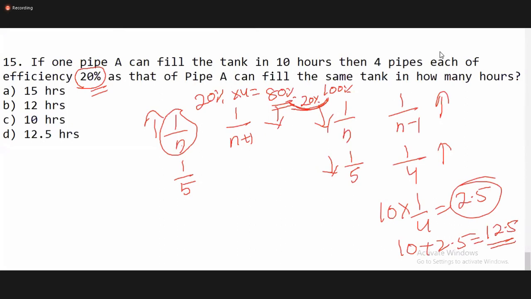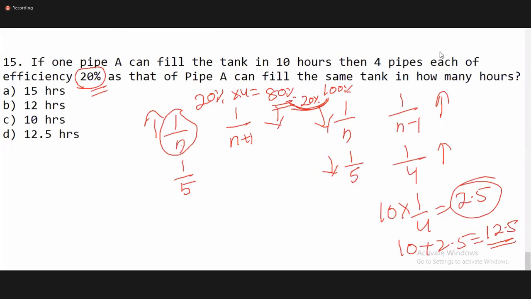When 20% decrease, morning we have seen. Okay, because the capacity of the tank remains the same. The capacity is same. When the capacity is same, you can use the product rule. Morning we have seen using of constant product rule. So when 1 by 5 decrease, the other value will increase by 1 by 4.